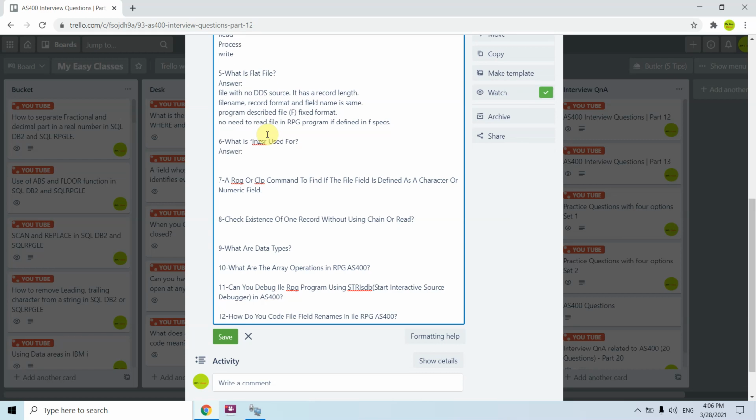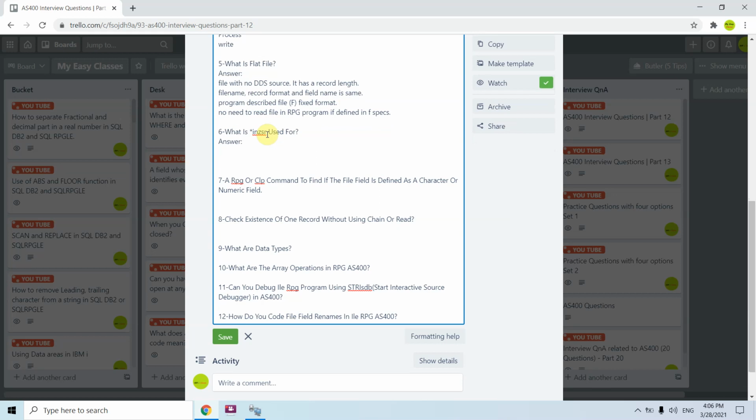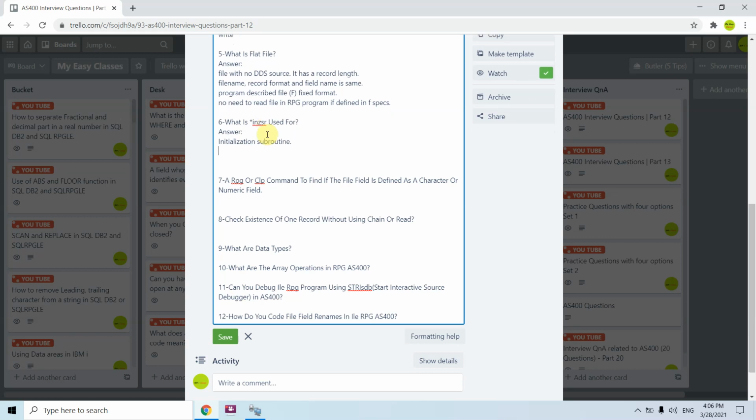What is the star INZSR used for? The star INZSR is the initialization subroutine in the RPG program. So no need to call this. We don't need to call this subroutine. It automatically gets called at first,